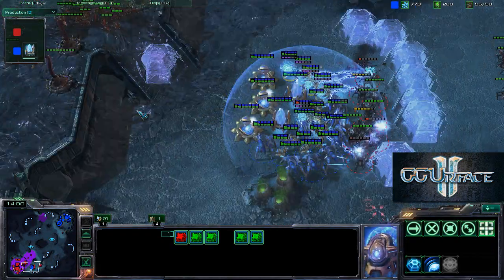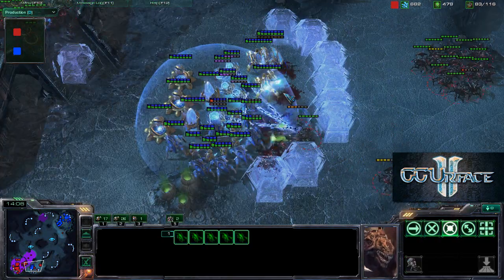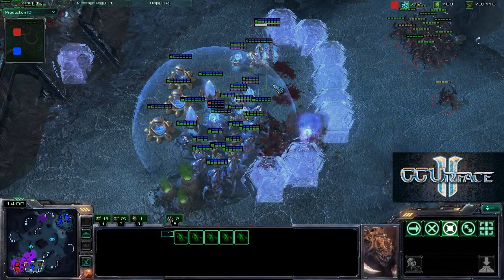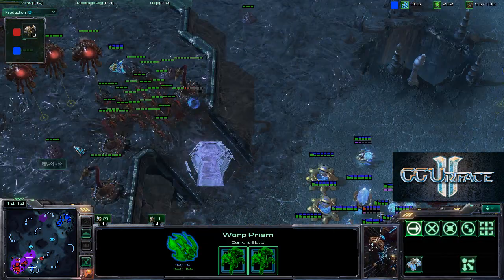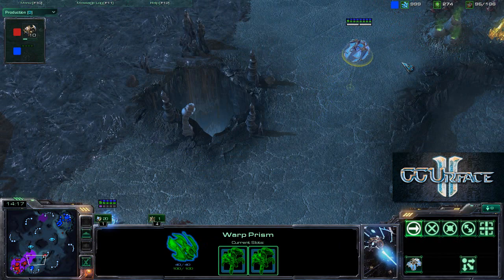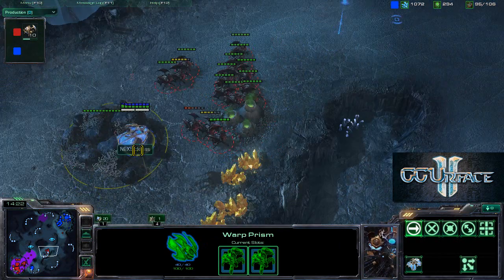He puts down very good force fields, cutting about half the force, maintaining this force field on the left-hand side. He will be able to take down a lot of these Roaches, and he's dropping and picking up these Immortals. Just absolutely critical play, just like the Reaver and the Shuttle from Starcraft 1. Just absolutely brilliant. And the Zerglings are still stuck inside the base, and it looks like this Warp Prism will